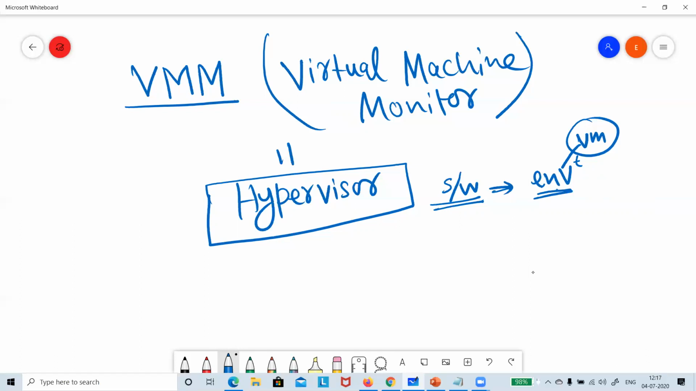So virtualization is a technology which allows you to create some useful IT infrastructure, useful IT services, using resources that are traditional in nature, right? Whatever hardwares you